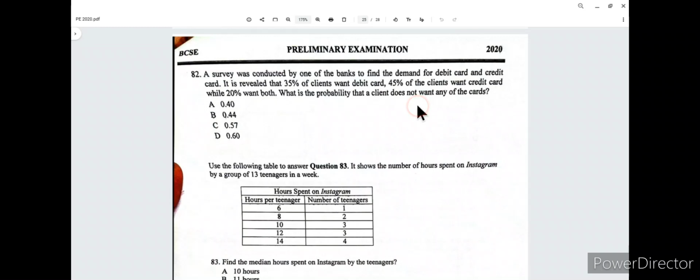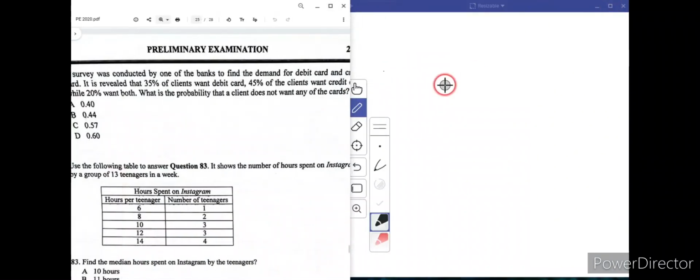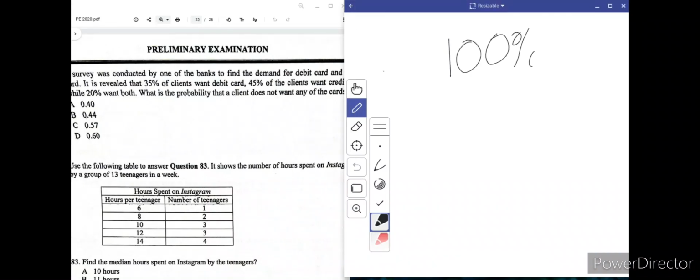So here in this question also, similar to 81, it is asking to find the probability. So to find the probability, the first thing is we need to find the total number of outcomes. And in questions where the outcomes are given in percentage, the total number of outcomes would be 100%. Now out of 100,